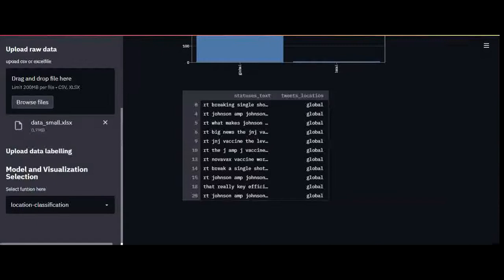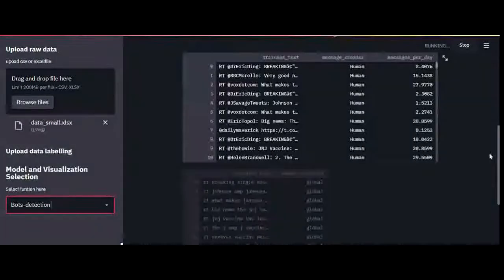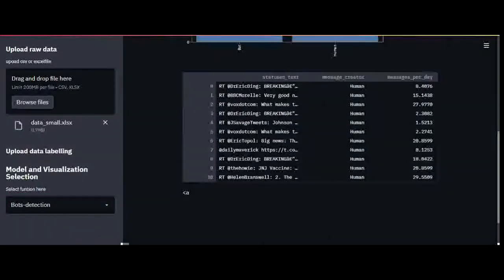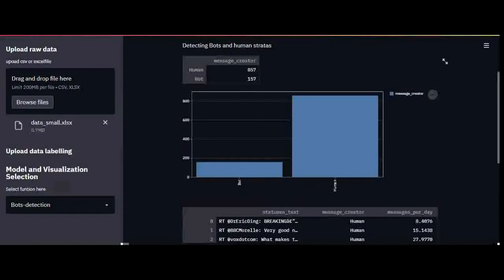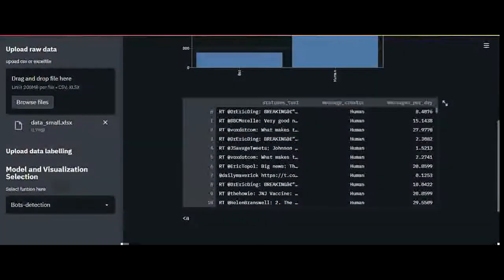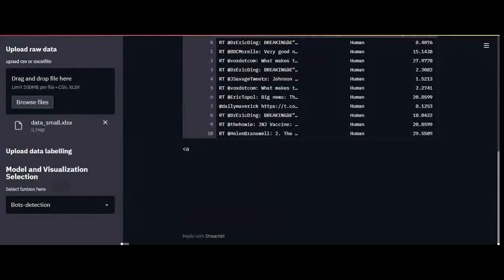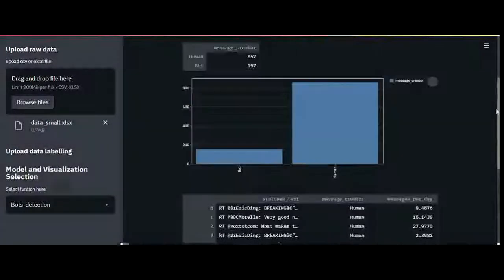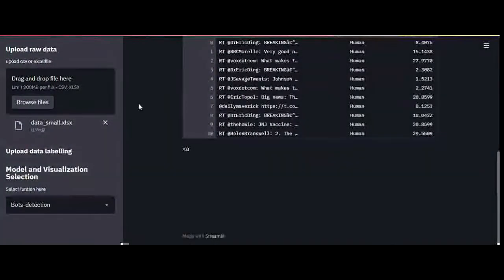Excel, and then you can also see the bots and human detection. Here are the 157 bots detected, and then you can see even the user message usage, the user rating per day, in order to actually see if the user could be a possible bot. And then this is our